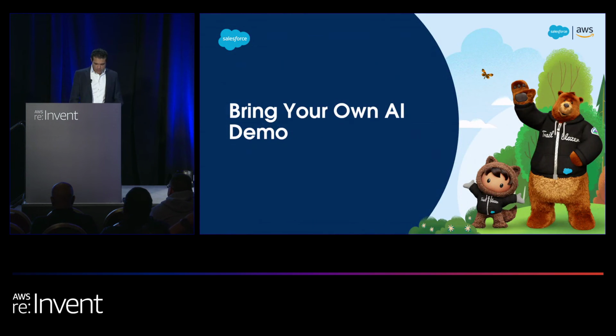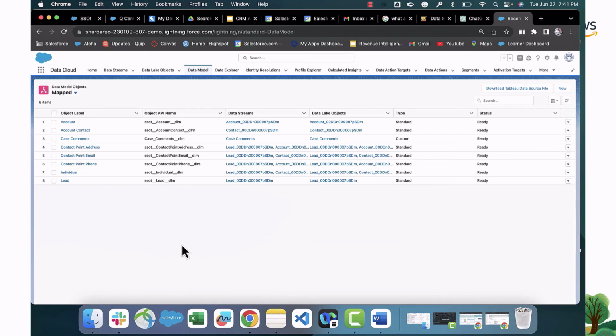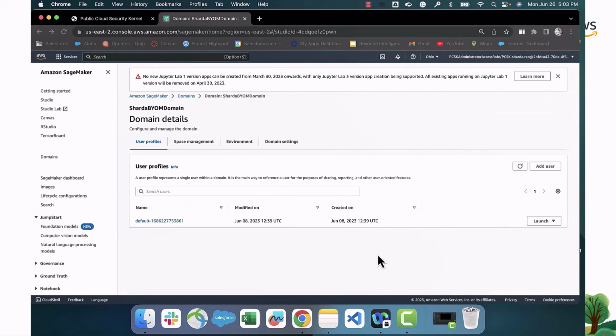So let me give you a quick demo of bringing a predictive model into Salesforce using Model Builder. So let's say you have Data Cloud with information about your customer. So you have account information, case information, any other purchase information about the customer, any engagement data. You can bring that into SageMaker. You go to